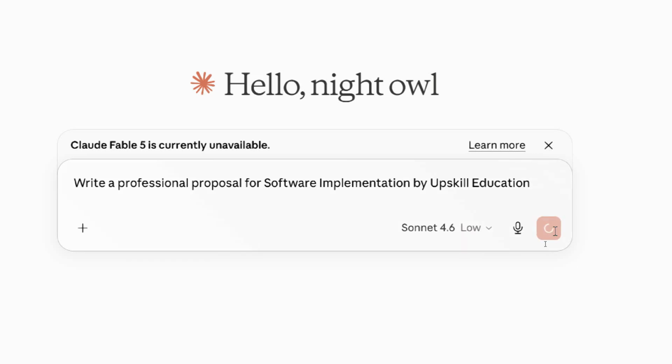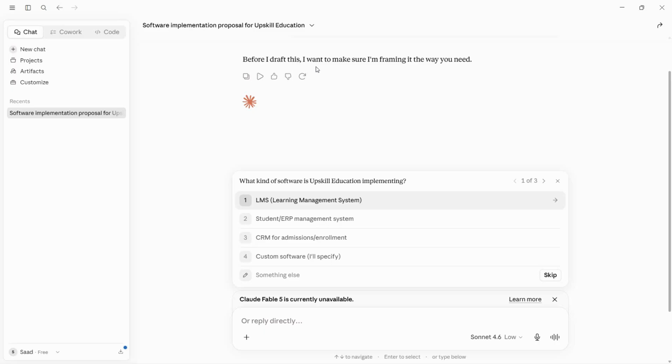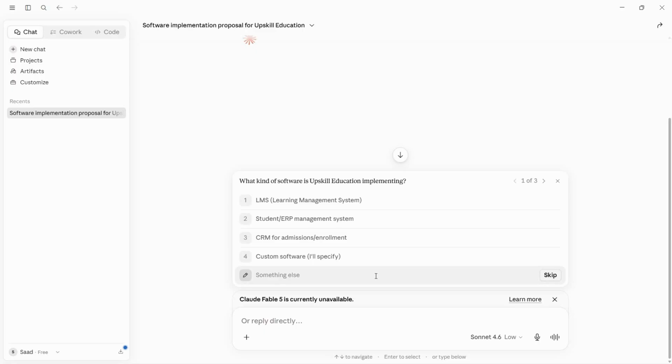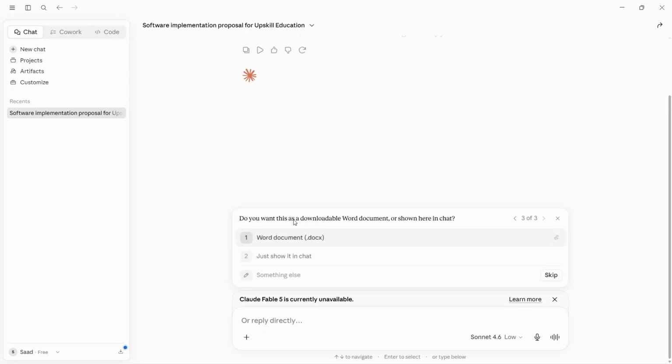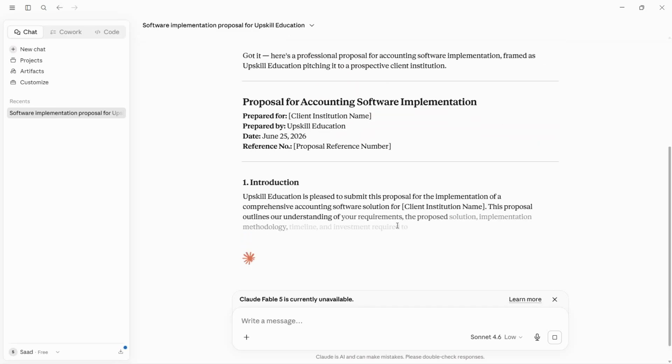Let's hit go. And unlike ChatGPT, it will ask you further questions: before I draft this, I want to make sure I'm framing it in the way you need. What kind of software is Upskill-Education implementing? I'll write something else and let's write accounting software. And I'll choose a client is buying this software. Do you want this to be as downloadable Word document or show in chat here? Let me just click on show it in chat here. Click on this and now I've answered a couple of questions that Claude asked and it will create a perfect